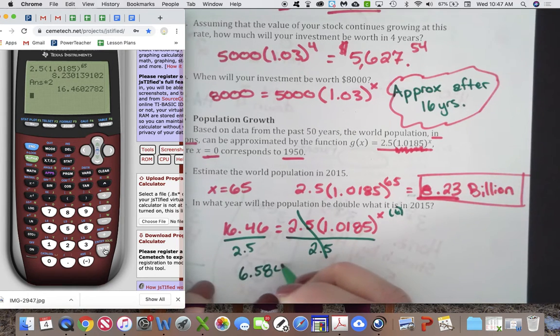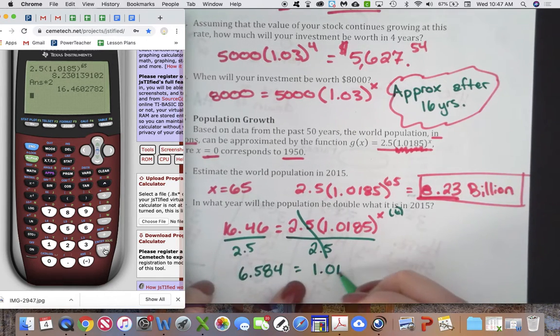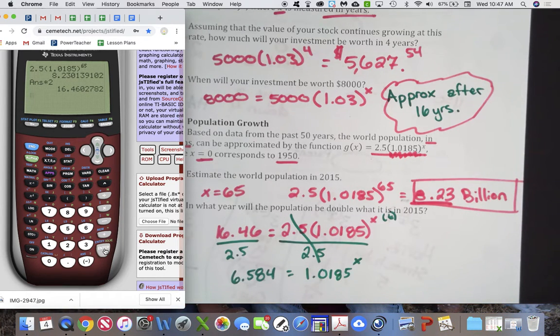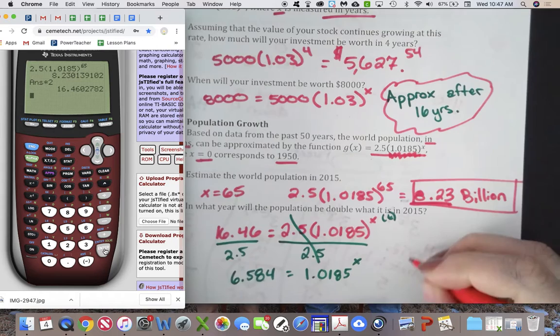Equals 1.0185 to the x power. Okay? And I want to solve for x. But the problem is x is in the exponent. I can't just divide by 1.0185. Okay? I can't just do that. So here is the rule. We did this probably in algebra. But this is an exponential function. These are all exponents, and the inverse of exponents